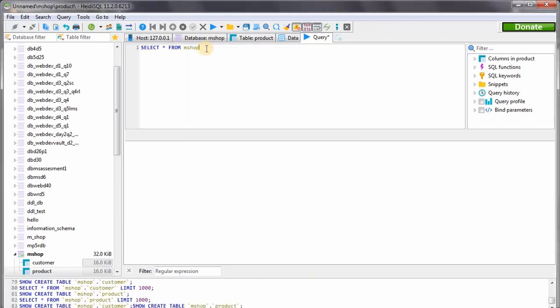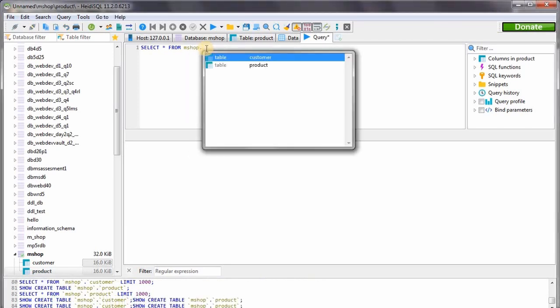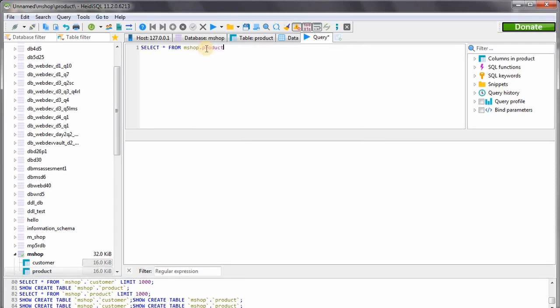We need data inside the table called mshop, and here's the table product. We have to separate these two names, database name and the table name, by using a full stop, and then we have to insert our condition. So: select asterisk from mshop dot product where